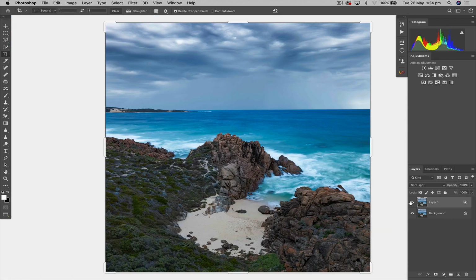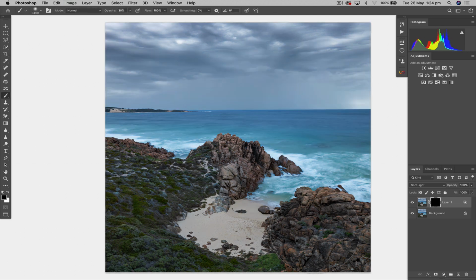Now if we zoom out, it's really made the water pretty crunchy, so we may not want it that strong. We can bring the opacity back. Still a bit too strong, so what I'm going to do is avoid that water altogether. I'm going to add a layer mask. I'm going to invert it so it's black, Command I or Control I, and I'm going to use my brush tool, B for brush, X to make my foreground color white if it's not white already, and I'm going to just start brushing in with 100% opacity,